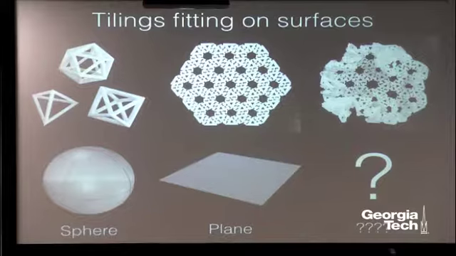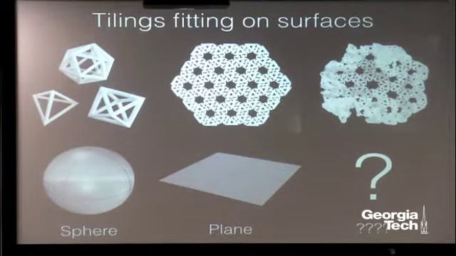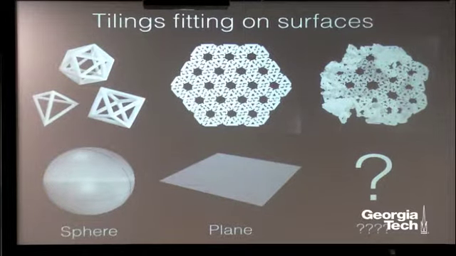Tilings are sort of ways of fitting regular structures onto surfaces. So if you imagine I take my tetrahedron, I put a balloon inside and sort of inflate it out to the surface of the sphere, I will get something that tiles the sphere. So this is what would happen if I did this with the icosahedron. So I have a triangle, this sort of weird curvy triangle here, and notice, 4 weird curvy triangles meet at every vertex. So this is a tiling of the sphere.